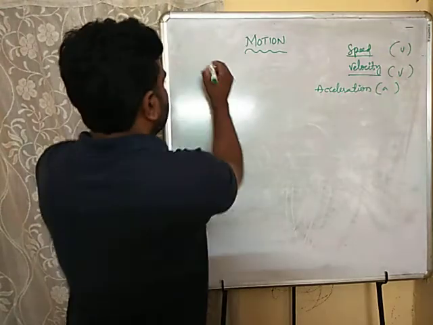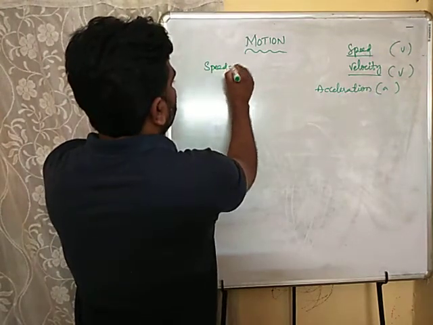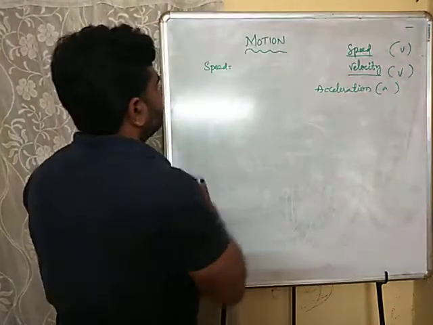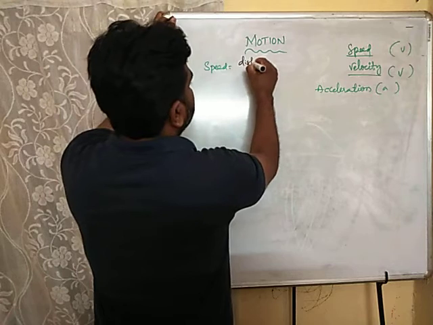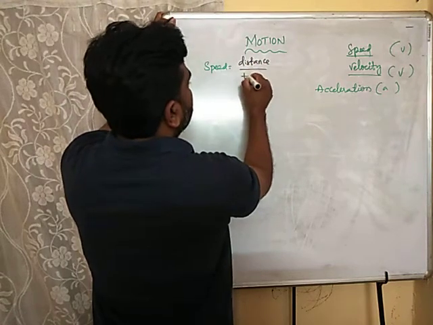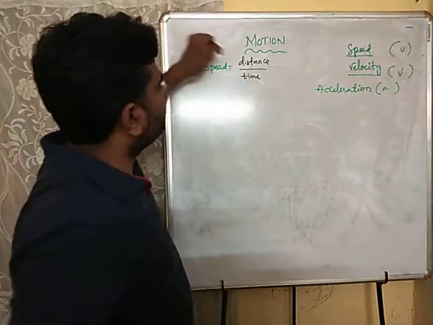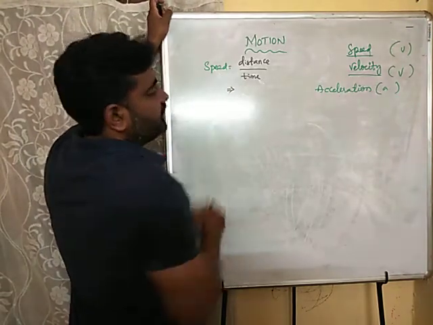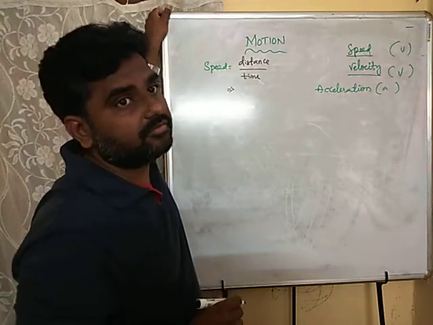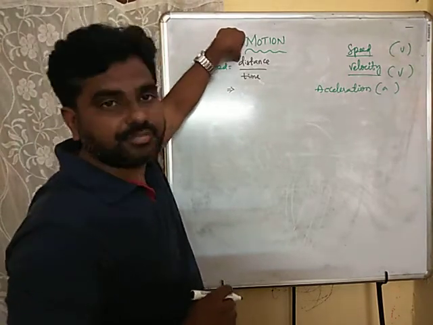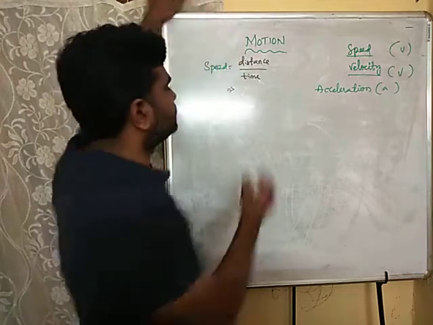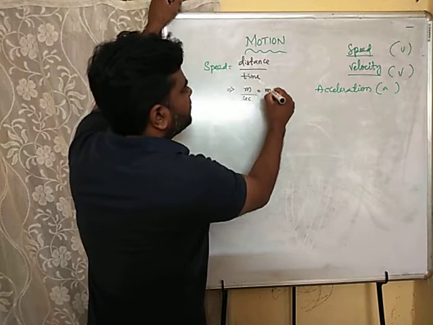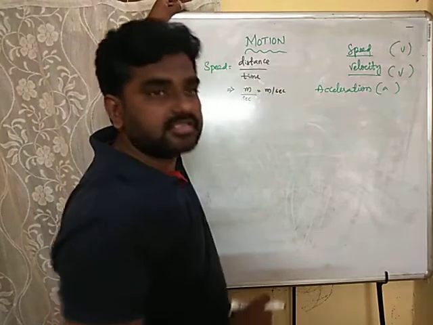What is the relational formula according to you, from your old classes in maths and even science? That formula is: speed is equal to distance divided by time. The ratio between distance and time gives you an idea of speed. According to the table I have provided, distance is measured in the MKS or SI system in meters. Am I right? Time is always measured in seconds. In other words, speed can be written as meters per second.